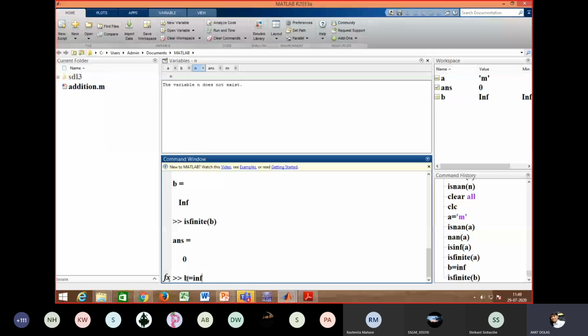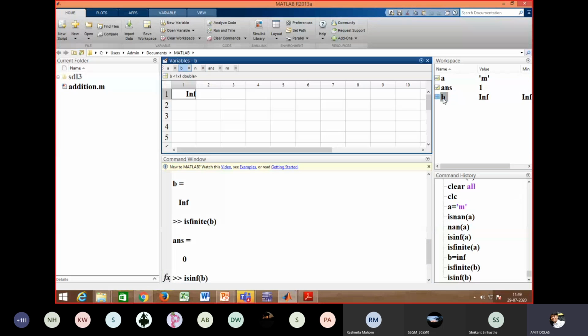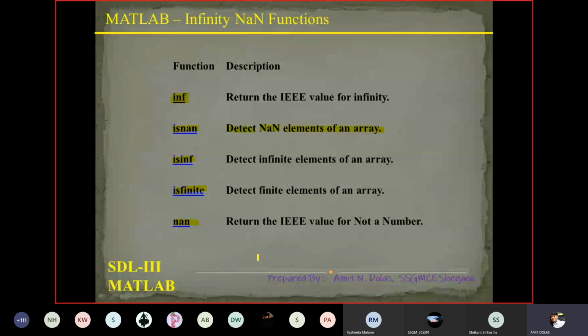It says no. Is b an infinite value? Now it will say yes, because I have assigned b infinity. Here b is infinity, denoted by Inf. So NaN I already practiced, but there must be a very specific example to elaborate this NaN, which returns not a number. Okay, we'll see that in an example.